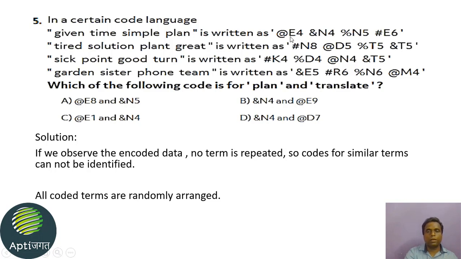Now we will have to find the other part of the code word. A code word ending with E and 4 should have what relation with 4? Which word is ending with E? Time and simple. If we count the number of letters of "time", how many letters are there? One, 2, 3, 4. So yes, E4 is correct. Then how many letters are in "simple"? S, 1, 2, 3, 4, 5, 6. 6 letters are in the word simple, so the code word for simple must be E6. Yes, E6 is also given. So we are on the right track.